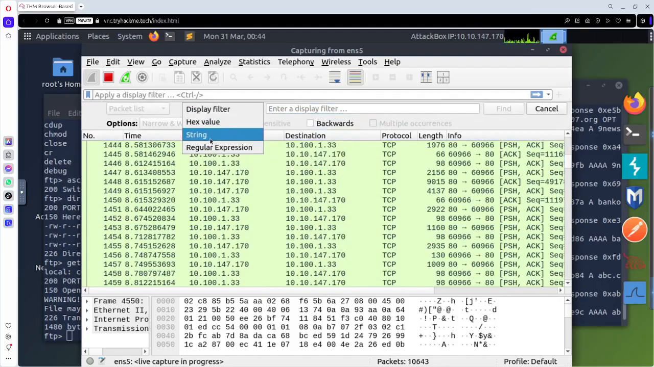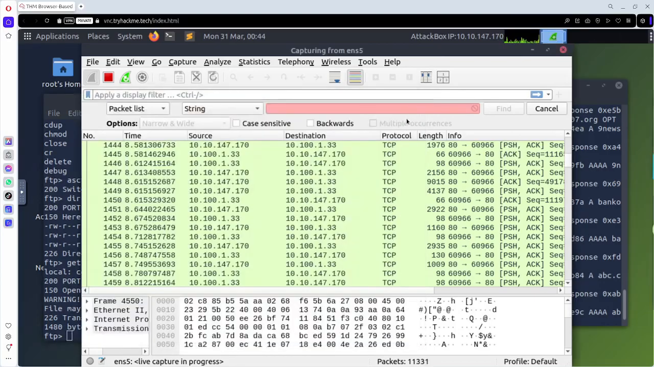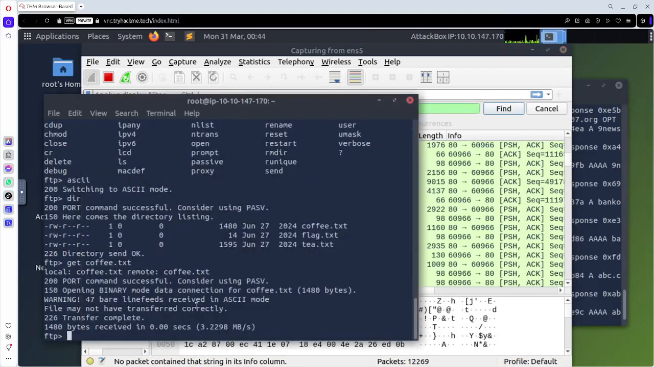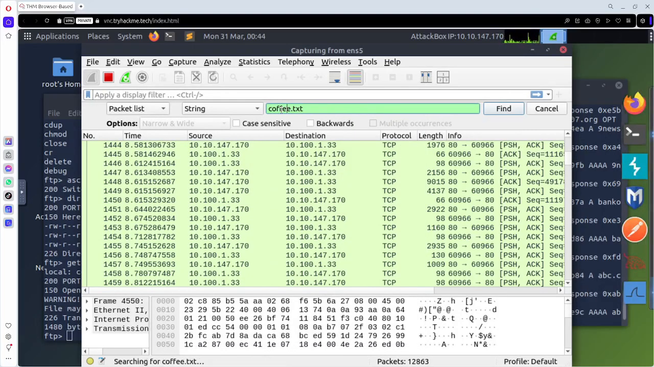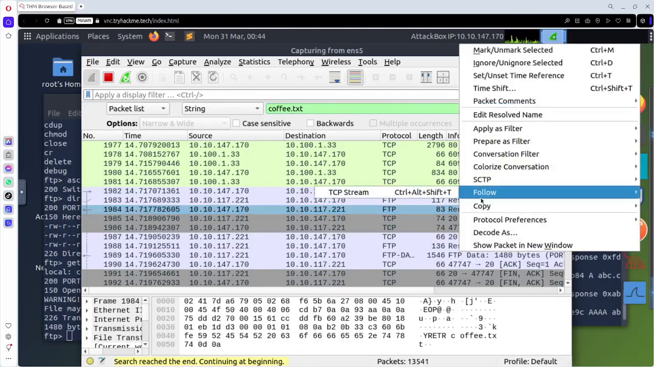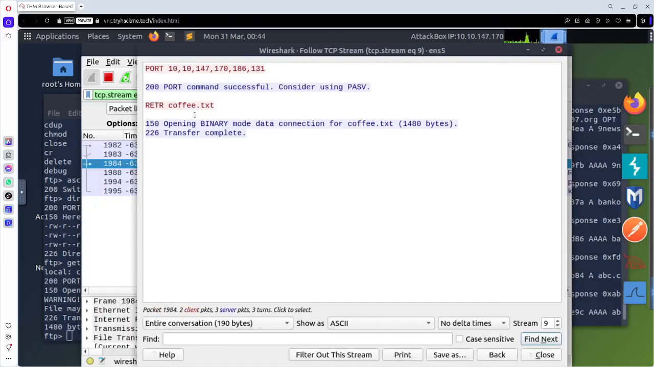I'll just go ahead and use this method instead. And then I'm just going to search for the file that we downloaded, which is the coffee.txt. Hope I spell it right. And then once we've got that request, we can go ahead and follow this conversation here. So I'm going to right click, then follow, and then TCP stream. And that's going to bring up everything that we're doing from the FTP perspective and what